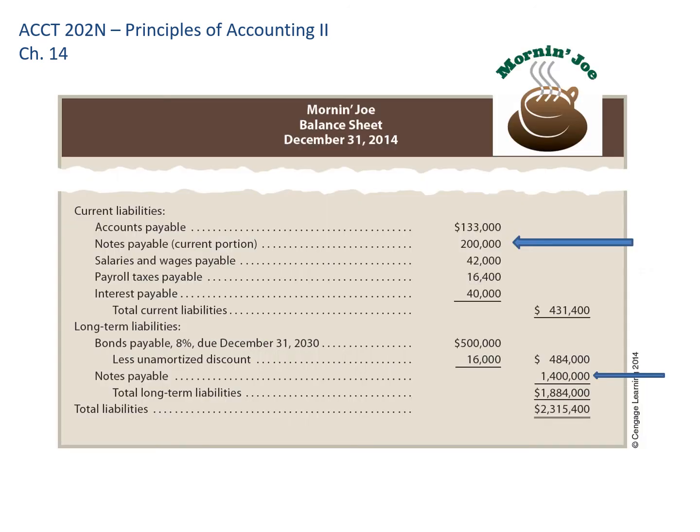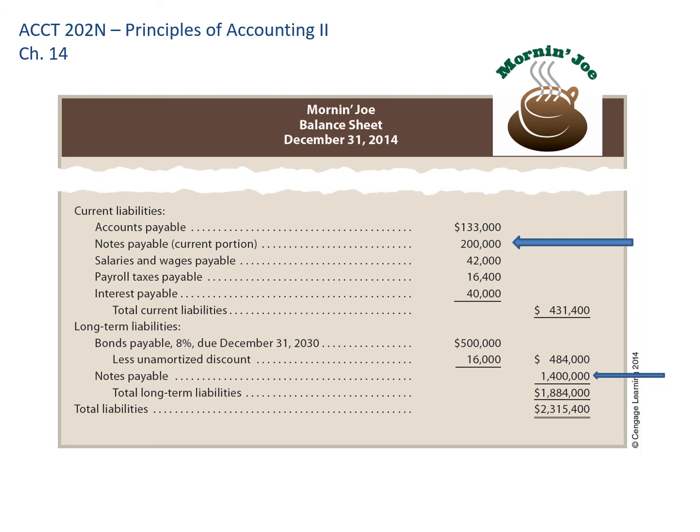The last thing I want to talk about is just formatting for our balance sheet for this section. So notice under current liabilities, I have notes payable current portion. So if I have a long-term liability that a portion of it, maybe it's an installment note, so I'm making payments every year, the principal portion of the payments I'm going to make in this upcoming year is a current liability because it falls due within the upcoming 12 months. So for long-term installment notes, I have to recognize the current portion under current liabilities and the remaining portion under long-term liabilities.